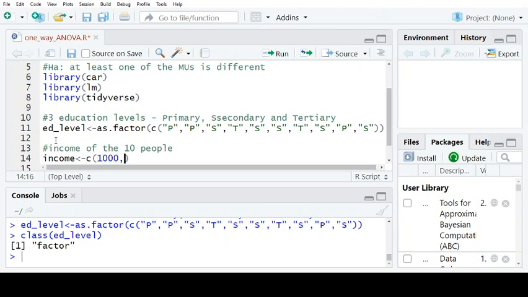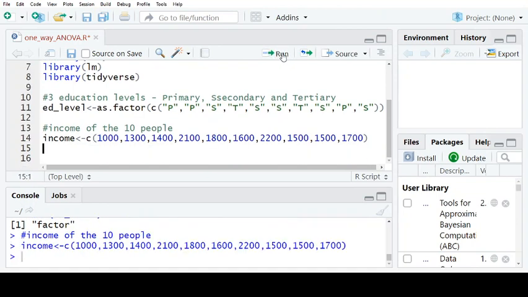One is 1,000, another one with primary is 1,300, secondary is 1,400, tertiary is 2,100, secondary is 1,800, another secondary is 1,600, another tertiary is 2,200, another secondary is 1,500, primary is 1,500, and secondary is 1,700. Those are 10 values that I have, and if I check them out, I realize that I have the number